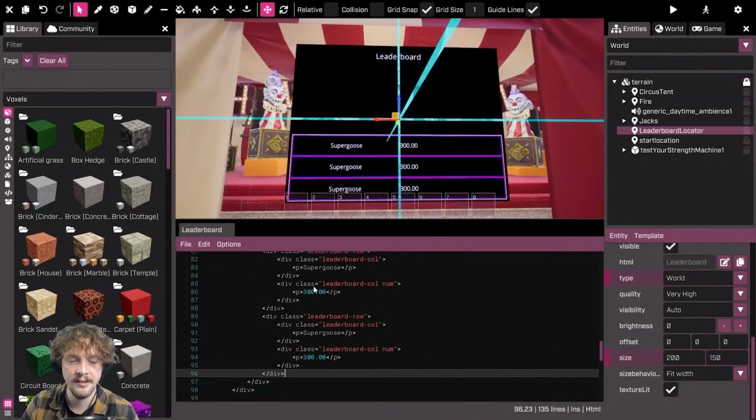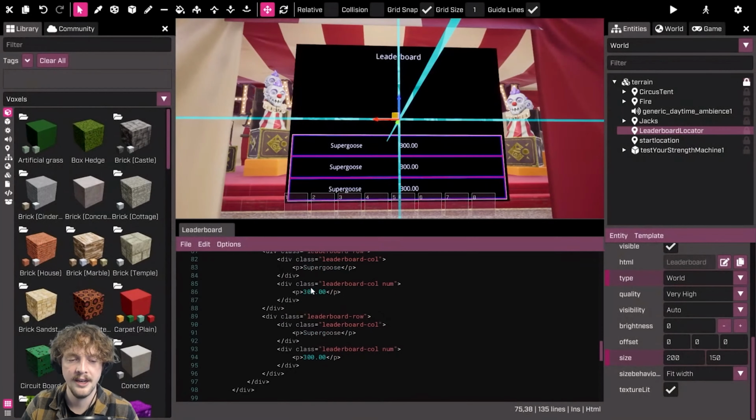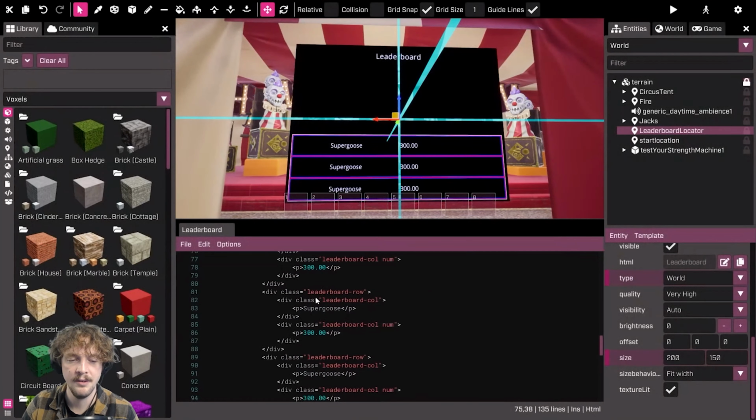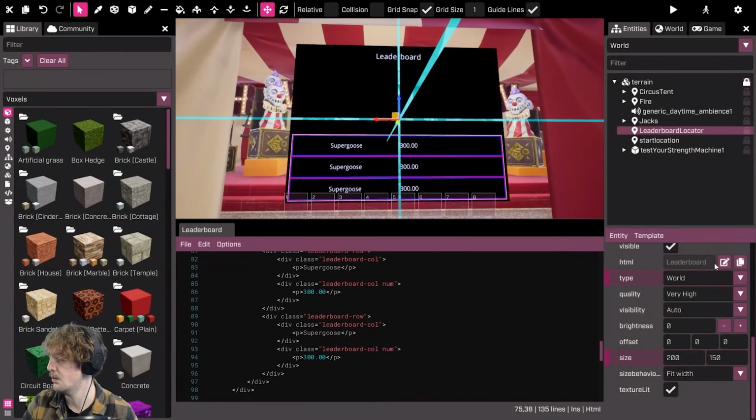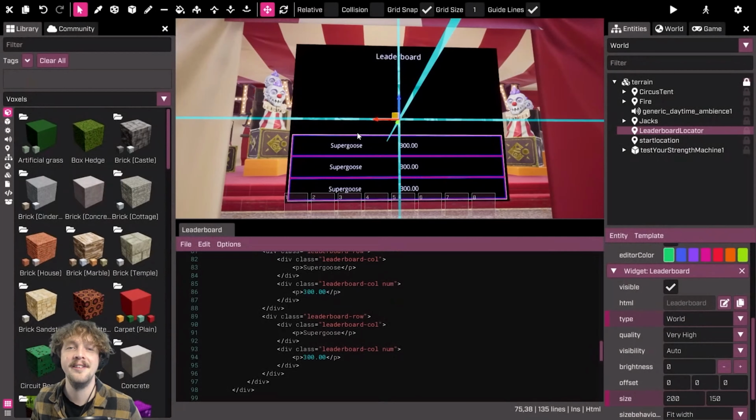So at the moment, this is all statically coded. This is all hard coded values. So how are we going to go about getting hold of the username and the scores? Okay, to do that, we're going to need to use Lua scripting combined with HTML5 scripting too. So let's start